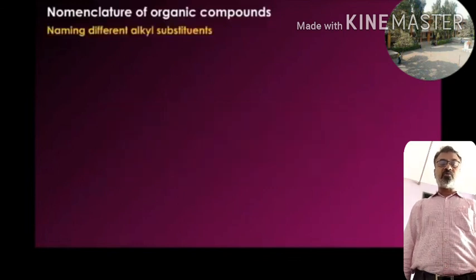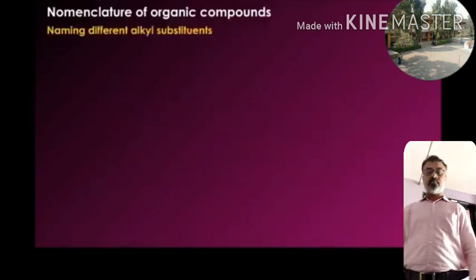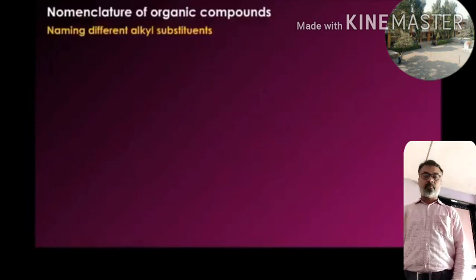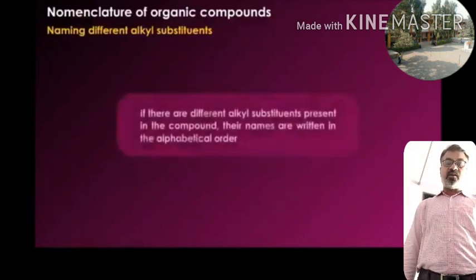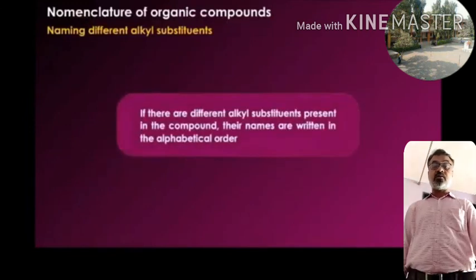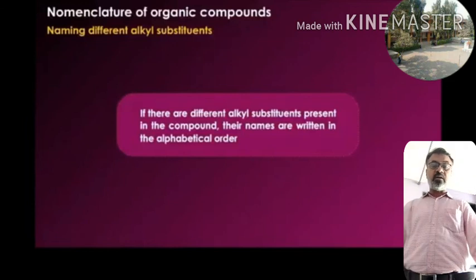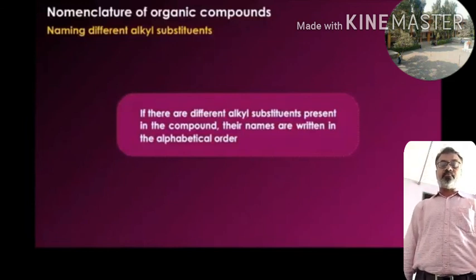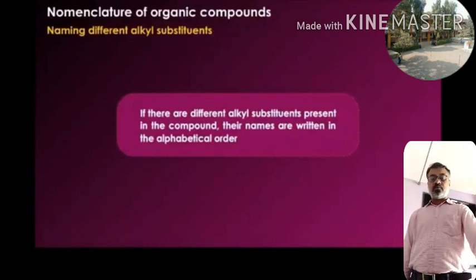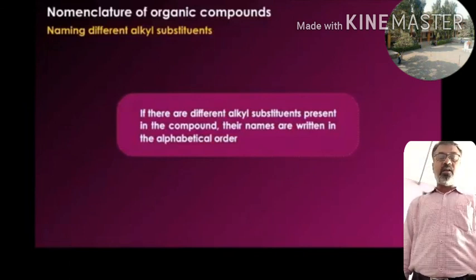Naming different alkyl substituents. If different alkyl substituents are present in the compound, their names are written in alphabetical order. If there are different alkyl groups, for example, methyl, ethyl,